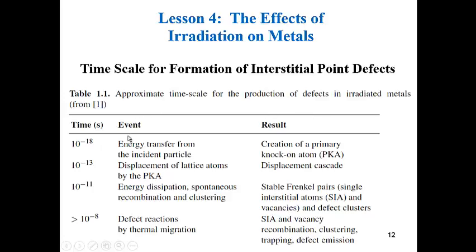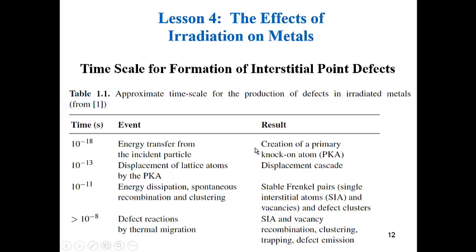This is the time after a neutron strikes an atom, this is the event that occurs, and this is the result. So the first thing is that we have this high energy neutron, and at 10 to the minus 18 seconds there is energy transfer to the incident particle. It takes 10 to the minus 18 seconds for this energy transfer to occur,